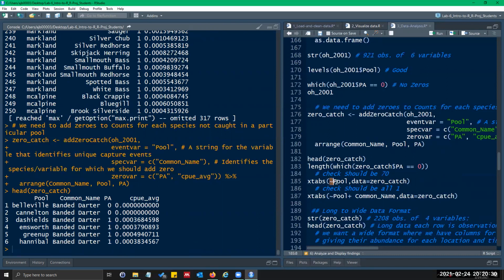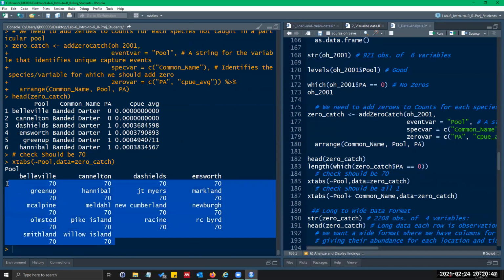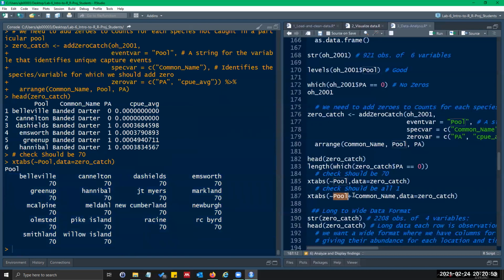We want 70 for each pool, which would mean, it doesn't matter if it's a 0 or a 1, there's 70 observations within each pool. And we can see what the output is. It gives us our pool name and then the number of observations, and they're all the same, they're all 70.